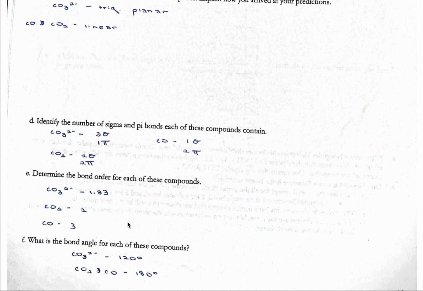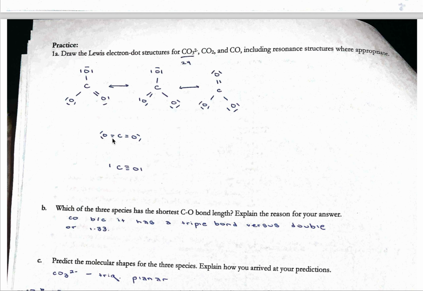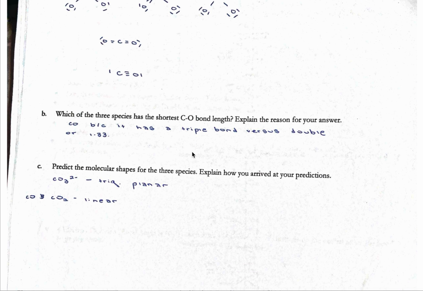Okay. Bond order, remember, is the total number of bonds divided by the number of places where you can have bonds. So for example, here I've got 3 bonds divided by how many spaces? Well, I can only have 1 space, so it's a triple bond. Here I've got 1, 2, 3, 4 bonds in 2 spaces, therefore it's going to be a double bond. Bond order is 2. Here I've got 1, 2, 3, 4 bonds in 1, 2, 3 spaces, therefore 4 divided by 3 is 1.33